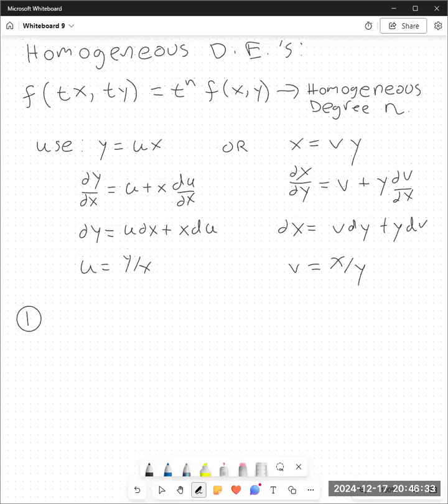First example will be (x minus y) dx plus x dy is equal to 0. One other note, we're going to use the word homogeneous later to mean something completely different. This is one of the ways in which the word homogeneous is meant, and you need to say it's a homogeneous differential equation of degree whatever here